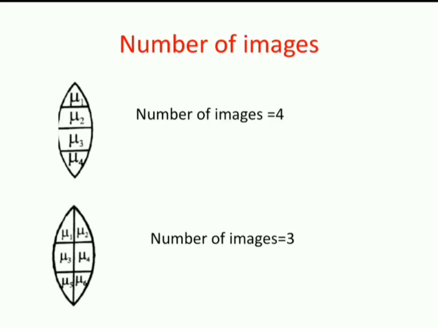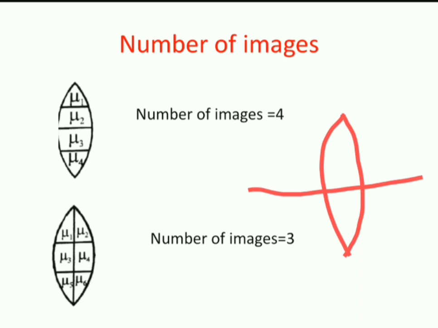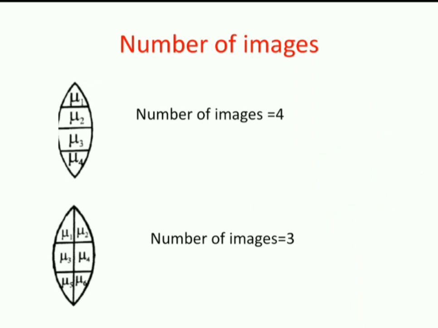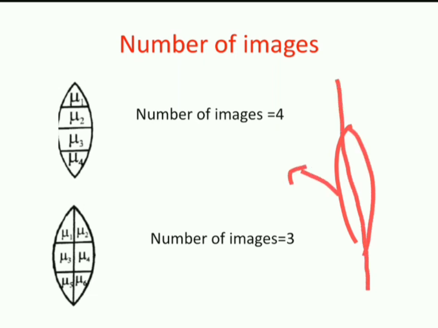And if a lens is cut, then how do we identify the number of images? See, in the first case, the lens is made up of 4 different materials in horizontal section. So if a lens is cut along the horizontal section, number of images is equal to number of materials. Hope you remember when you cut a lens along the principal axis, focal length will remain same. But if you cut a lens perpendicular to the principal axis, each part will have a focal length double the focal length of previous.